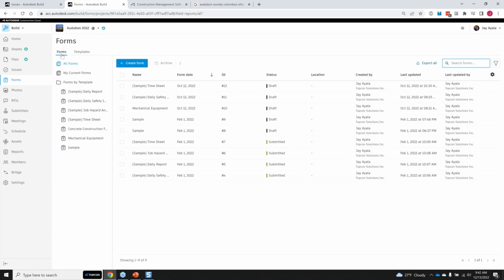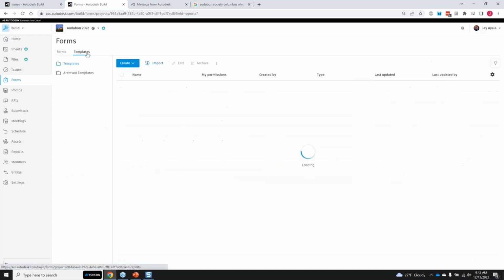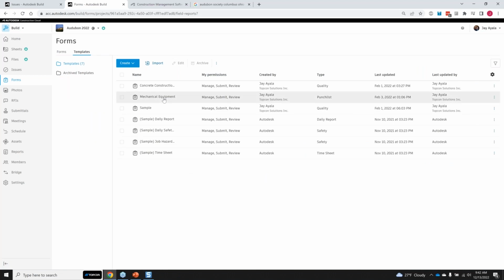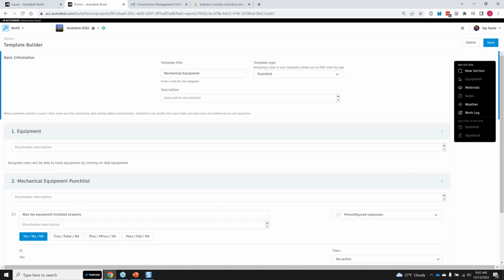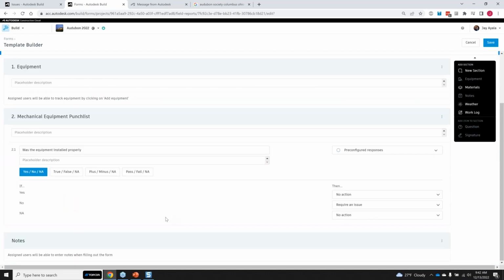There it is. So notice I was on forms here. I can go modify the templates themselves. So here's mechanical equipment. This is what I was trying to get to earlier. So I want to modify the template here. And let's say not only did I want to know was it installed properly, but I also wanted to know,